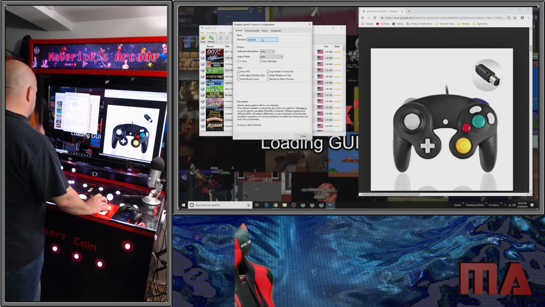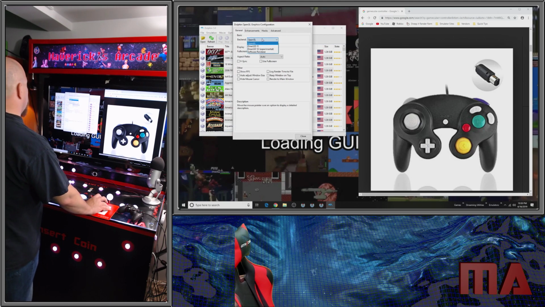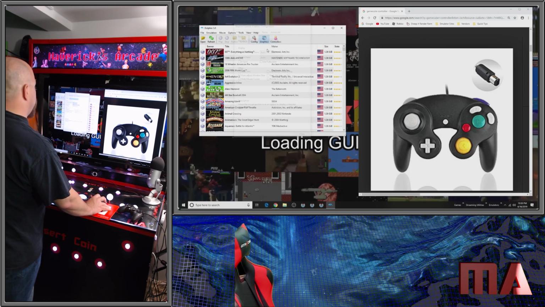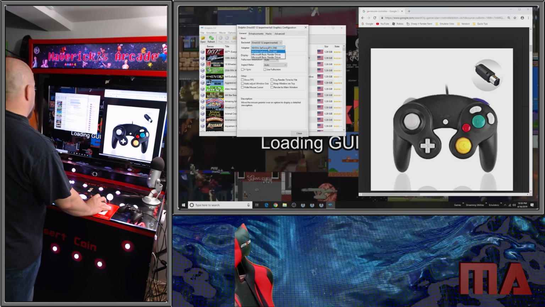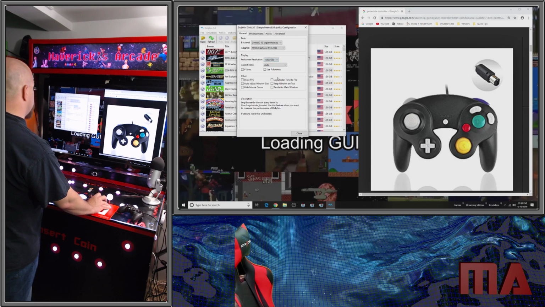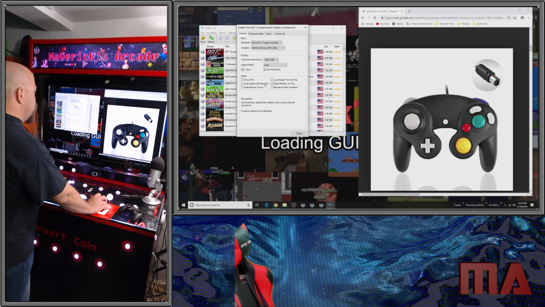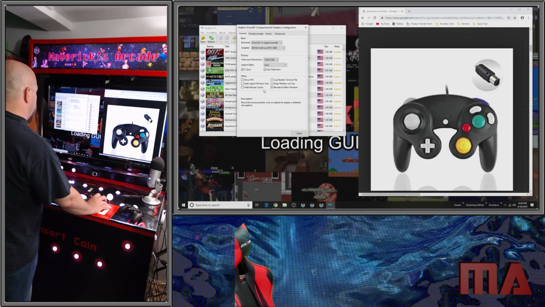Let's now look at graphics. So we're going to try it with DirectX 12. We're going to try it directly with the RTX. We're going to do 1920 by 1080 resolution forced, automatic aspect ratio, VSync, and full screen. We do not need to show FPS. We're not going to adjust the window size or anything like that. And render to main window. And that's only important because